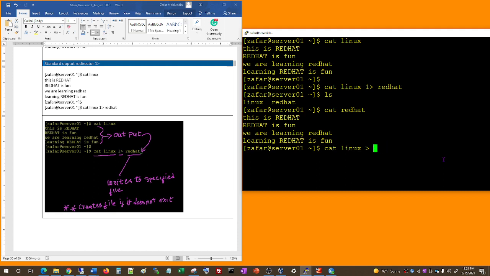No, instead of Red Hat, give it to Oracle. In this case also, it's going to create the file, but it's going to throw that into Oracle here. Did you see mine? And then if you do cat Oracle,